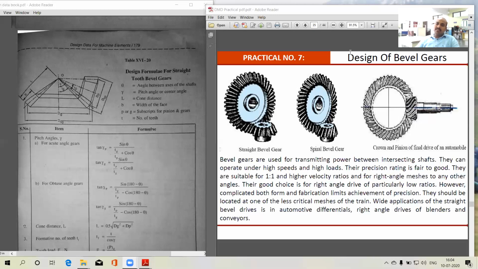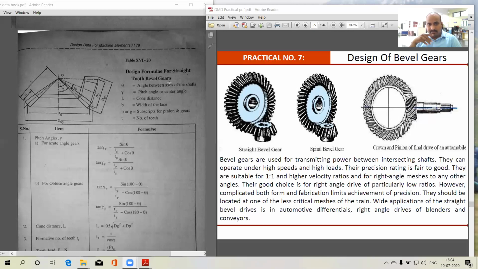Basically, the applications of bevel gears you will find in the differential of the automobile, drilling machine, and elevating table. Also, you can find a pair of bevel gears. The geometry of the bevel gear you can see on the left side of the screen. You can see a pair of bevel gears where you see gamma p, that is pitch angle. Theta is the angle between axes of the shafts, that is usually 90 degrees or maybe more or maybe less,